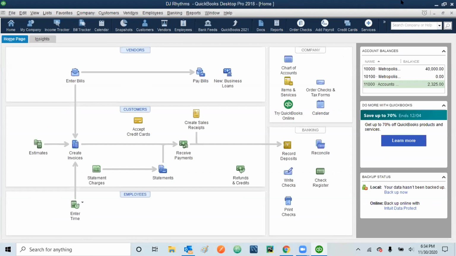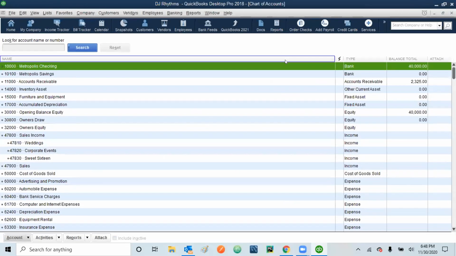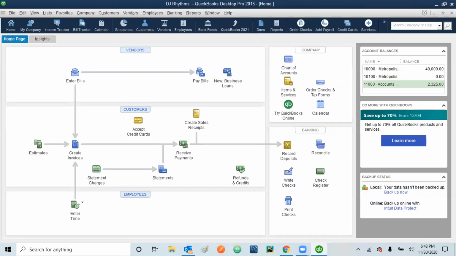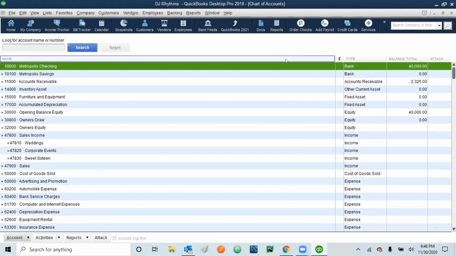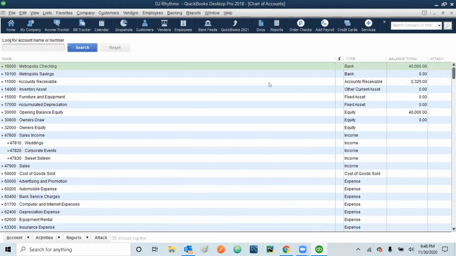Okay. Recording. So we have one more transaction in the chart of accounts. We have done the last transaction with the checking account. If it is open, it is fine. Otherwise, you can always open the chart of accounts again by clicking the chart of accounts button on your desktop. Let me minimize the screen of the meeting. Okay. So now we are making one more update, which is in the Metropolis savings account.